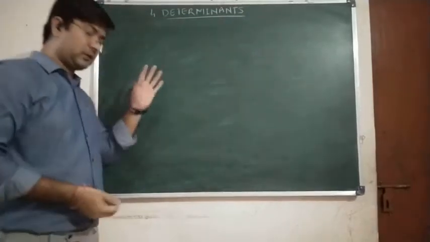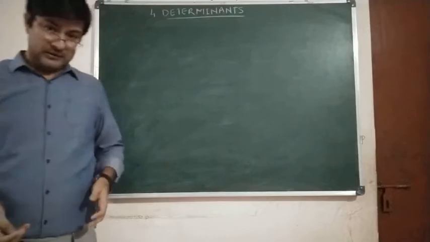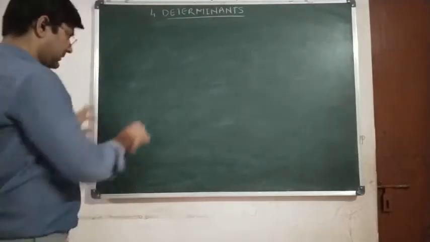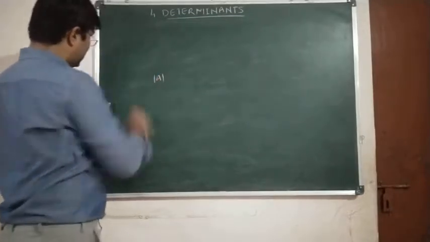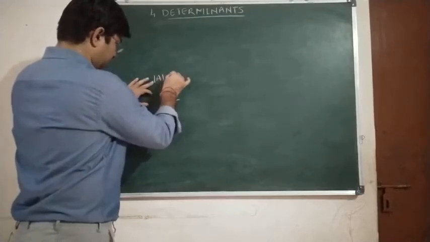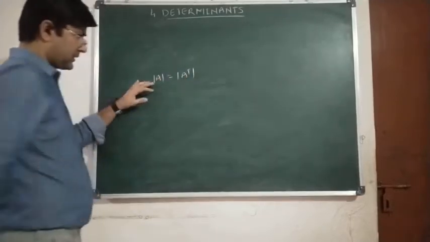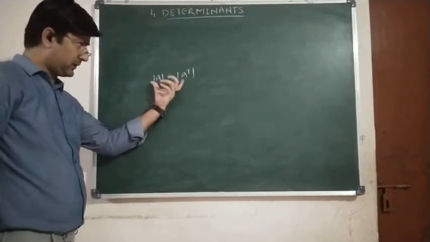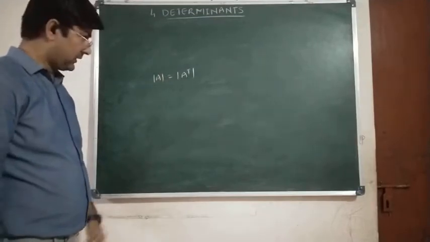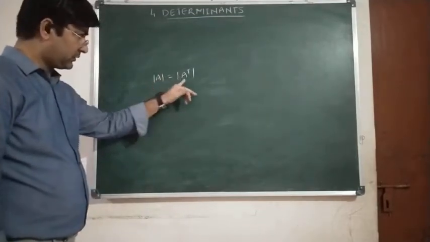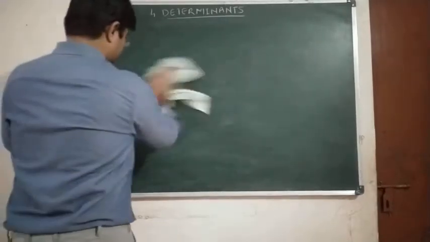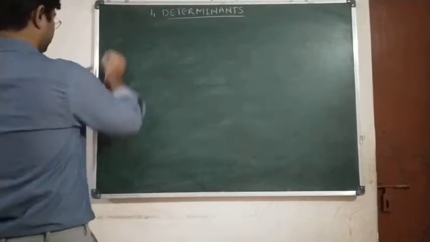Okay, the third property also means that the determinant of a matrix A and its transpose remains the same. That is, third property you can remember like this: determinant of A is equal to determinant of A transpose. Okay, so this way also you should remember. You make a note of this. This is the statement for the third property. Okay, determinant of matrix A is equal to determinant of matrix A transpose. Okay, now the fourth result.